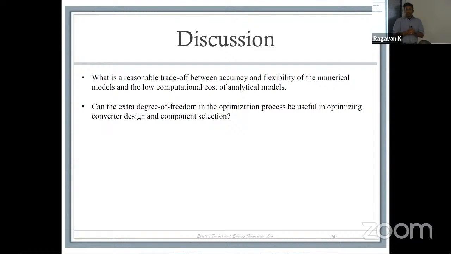So on that note, guys, I have a couple of questions I want to toss in there in terms of trade-offs between accuracy and flexibility, because we talked about right now, if I have existing data, how can I use it? That's a very good question that you want to make sure you adequately define in your system. How can that information be used if you have motors that have had previous data? Also, if you have an extra degree of freedom in the optimization, can this information be used in the design and in selection of components for your drive?